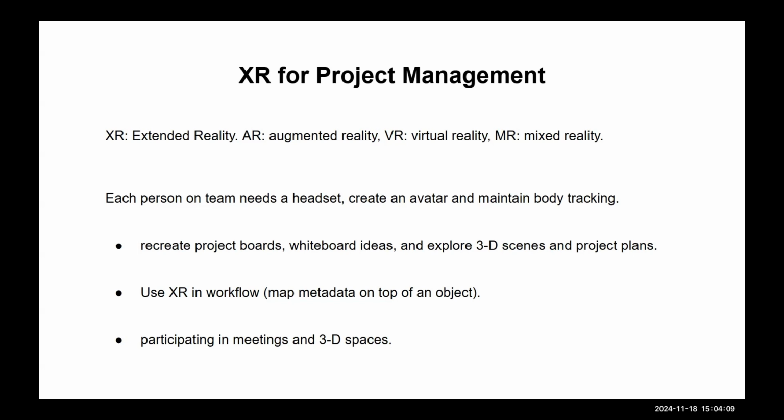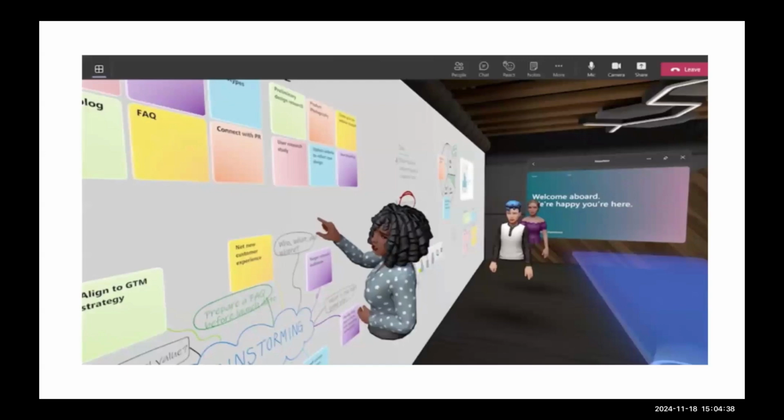And we can participate in meetings in 3D spaces within the same location. So you might be in some other city, and I might be here in this room, and we can connect and actually share three-dimensional content. And so that has the potential to do a lot for project management, or agile, as well as some other techniques of going through plans, but there is a high-end cost to this.